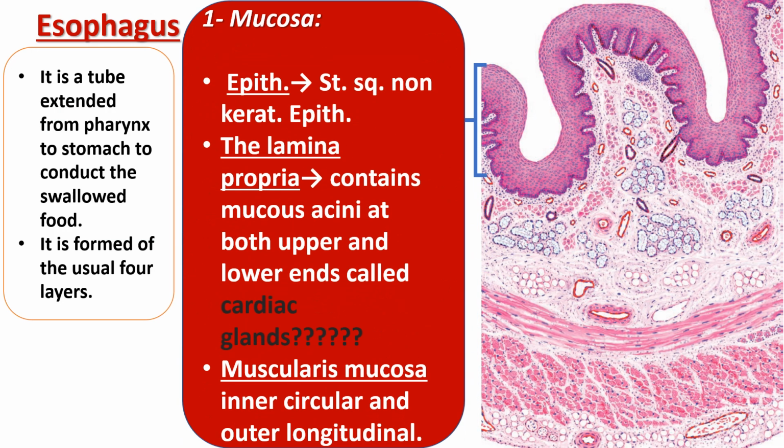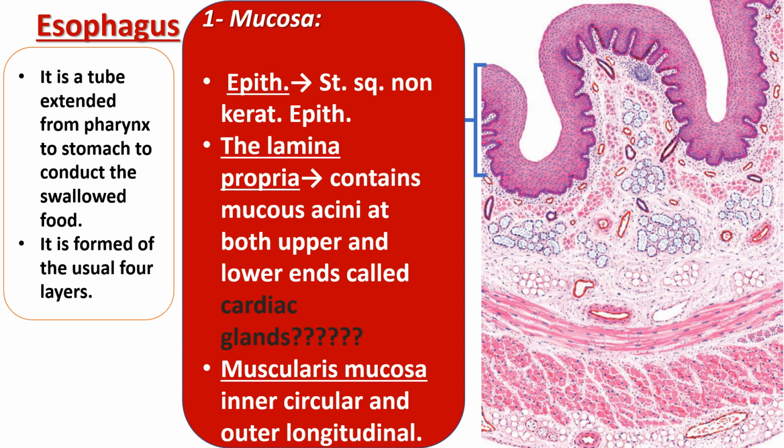Let's apply this scheme over our first part of the tube, which is the esophagus. The esophagus is a tube extending from the pharynx to the stomach. What is the function of esophagus? It is to conduct the swallowed food, to conduct the food you eat to go into the stomach. Can you say what are the layers of the esophagus? Yes, as we mentioned before,